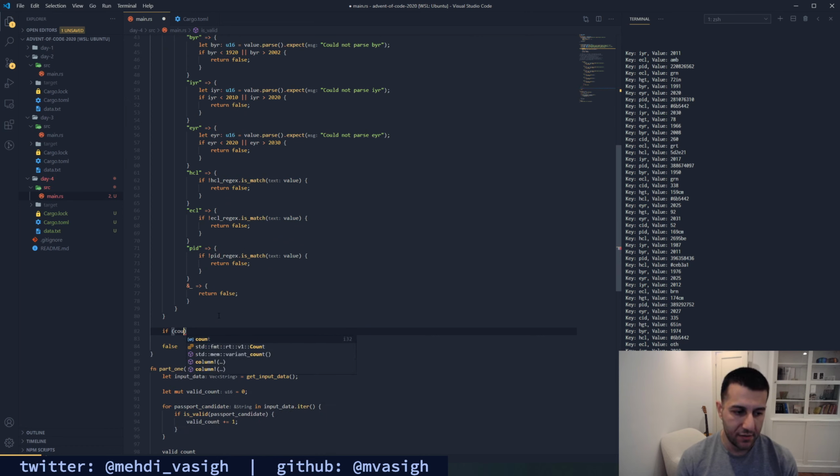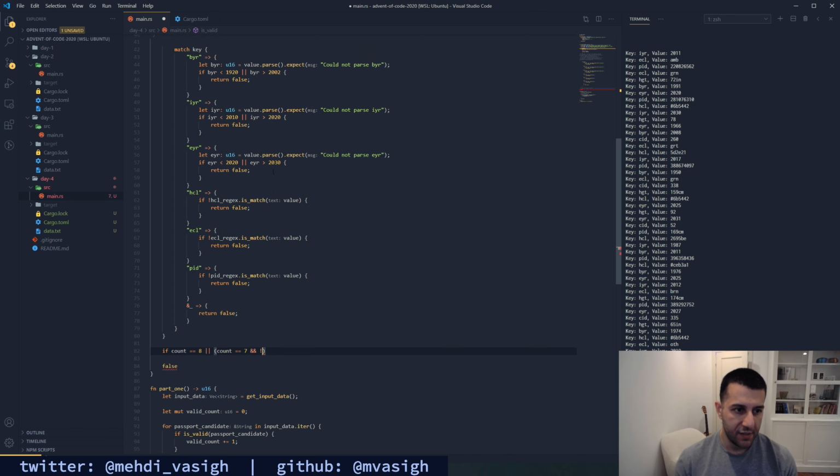I'll use that later here when I say if count is 8, or count, I don't need a triple equals, is 7 and not, let's see, what is it?